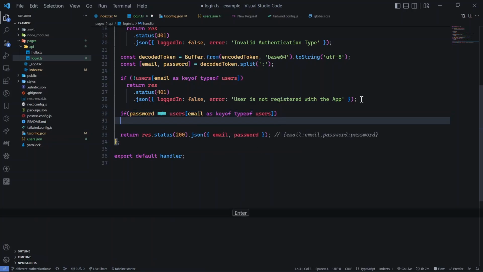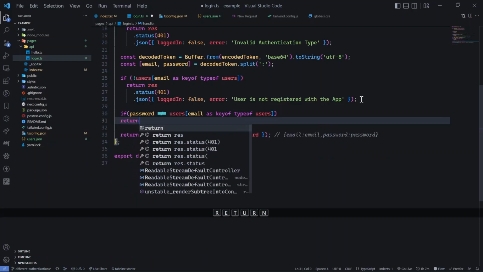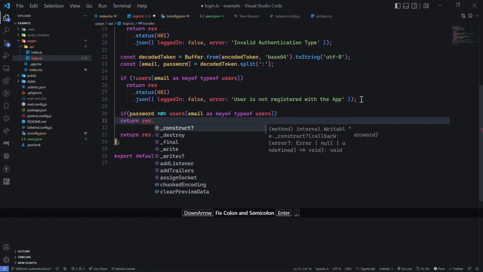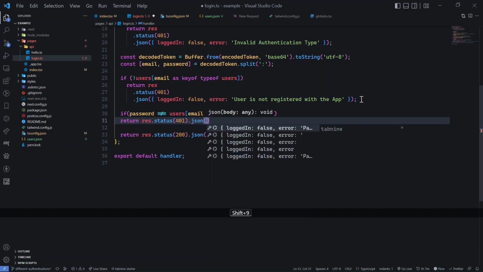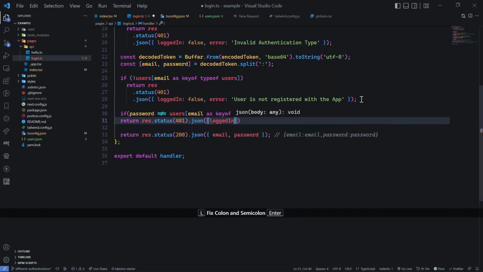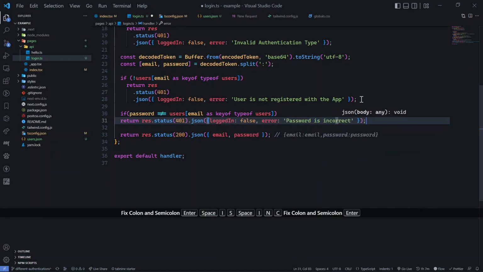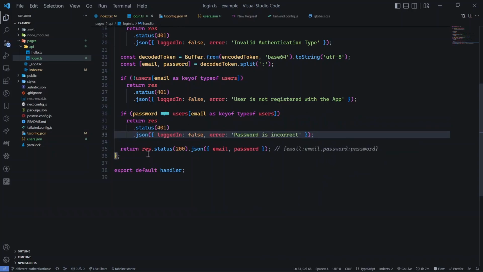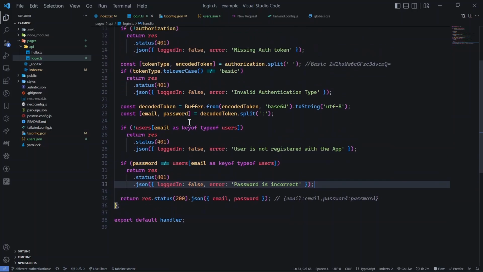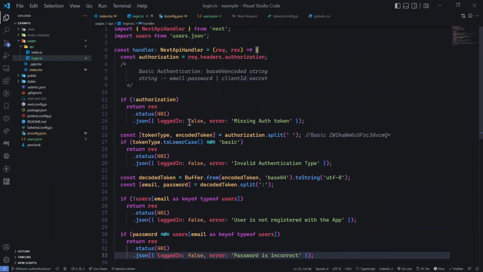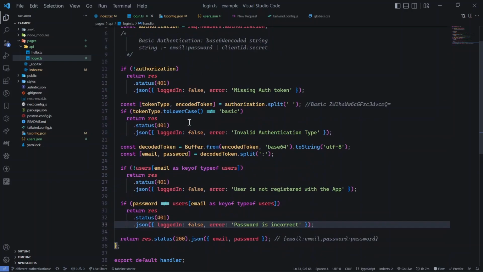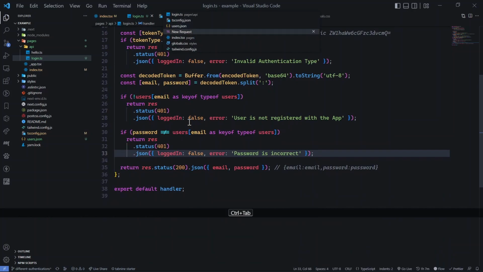If password is not equal, then we will again return response.status(401).json, loggedIn is false, and the error would be password is incorrect. Okay, but if it passes all of this, then we are sure that it is a valid username password. So this is all about the backend of basic authentication, and let's quickly test it out